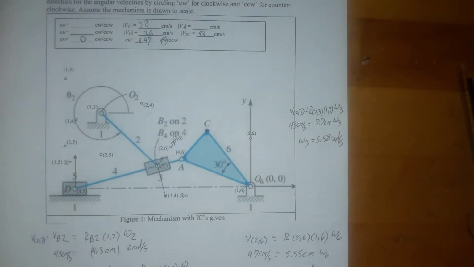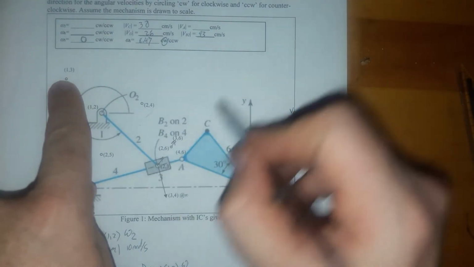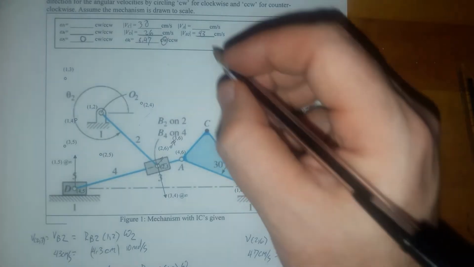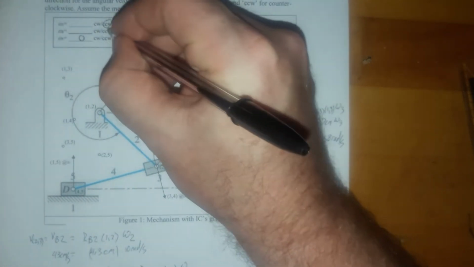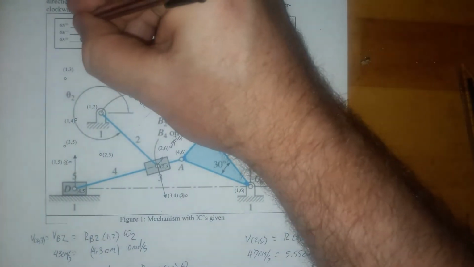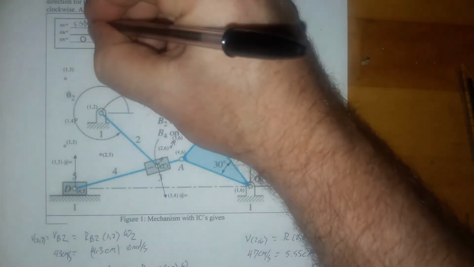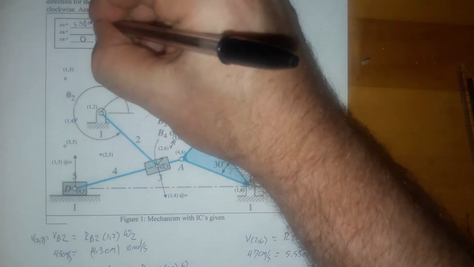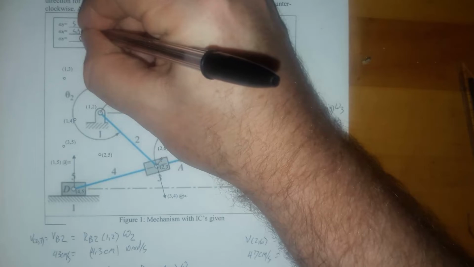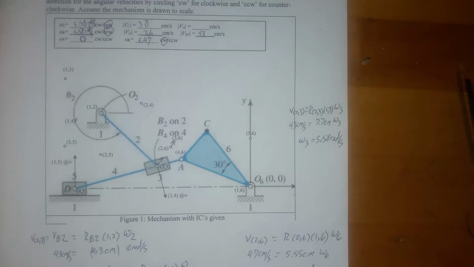Now, the direction of that, okay, 2,3 is going this way, 1,3 is right here, and so 2,3 I think is in motion around 1,3, and so that would be counterclockwise. And so omega 3 and omega 4 have to be the same because of the slider, so both of those are 5.58 radians per second. All right, so the last thing I can find is going to be